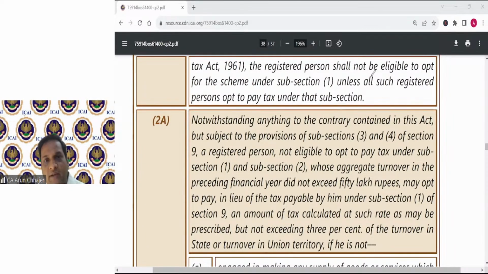Now we are moving to section 10 subsection 2A. Subsection 2A was not there in the beginning. Why is it being added? So it is also being